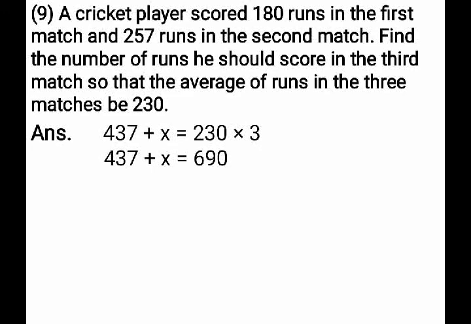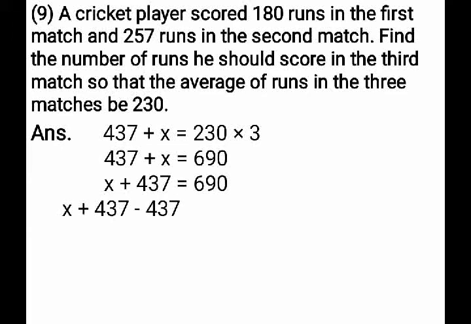Now let's find the value of x. x you have to shift to the first term and the number 437 you have to shift to the second term, because you have to find the x value. That is, x plus 437 is equal to 690. If an equation has addition, it becomes subtraction on both the sides. That is, x plus 437 becomes minus 437, is equal to 690 minus 437. Subtracting 437 on both the sides, 437 minus 437 gets cancelled. That is, x is equal to,